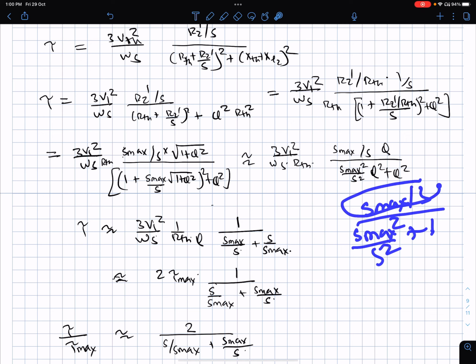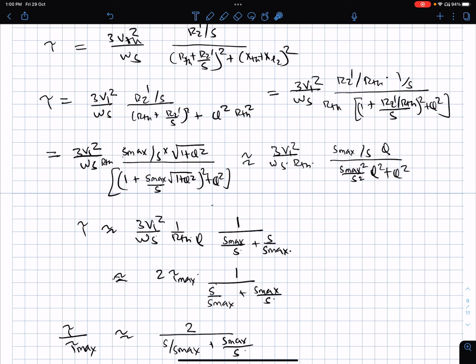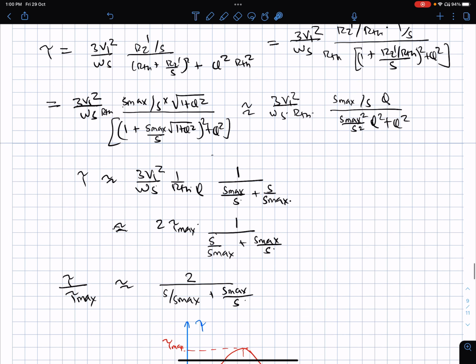So take this as a common factor and cancel it out from numerator and denominator. Then this term will become S max by s, and since a 1 was sitting here, a reciprocal term will have to be written, which is s by s max. And therefore